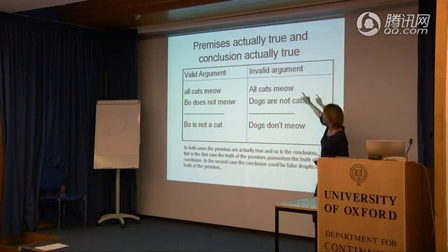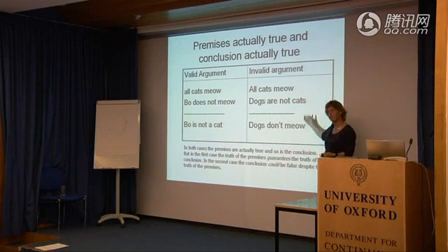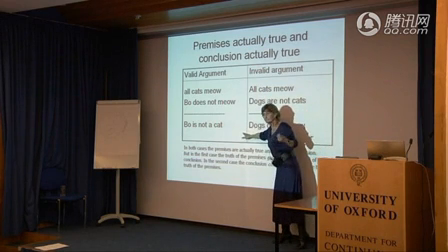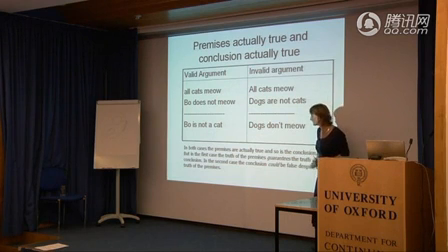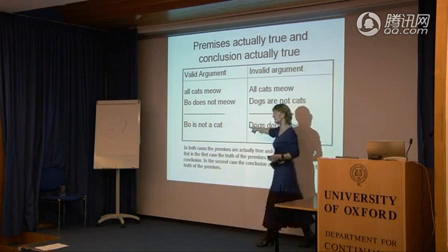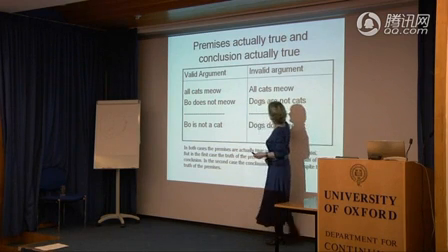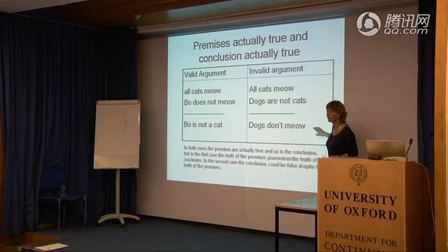So here we have premises where the actual truth values, the premises are all true, the conclusion is true, but here's an argument exactly like that that's valid, and here's an argument exactly like that that's not valid. What's the difference between them? Answer, in this case, if the premises are true, the conclusion couldn't be false. Whereas here, if the premises are true, the conclusion could still be false.